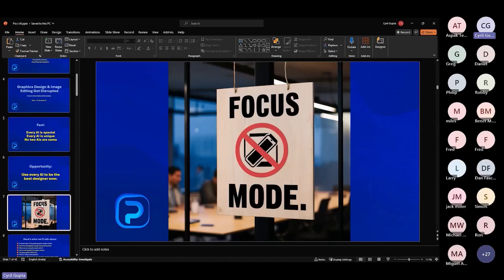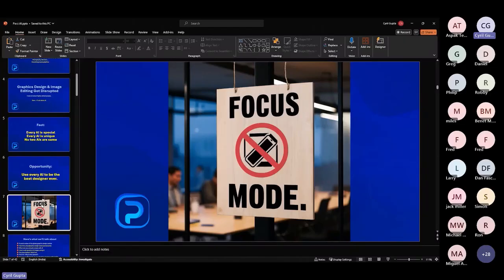So here is the thing. This call is absolutely important, and I want everyone to focus. I'm giving you my absolute attention. I'm going to be with you during the call, doing my best to give value to you. So let's focus. Let's put our phones on silent mode. If you've got the TV running in the background, just shut it off, and let's talk in the next